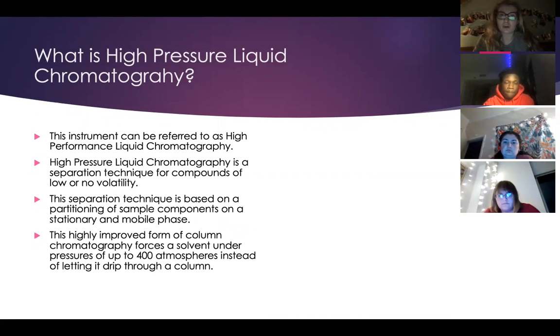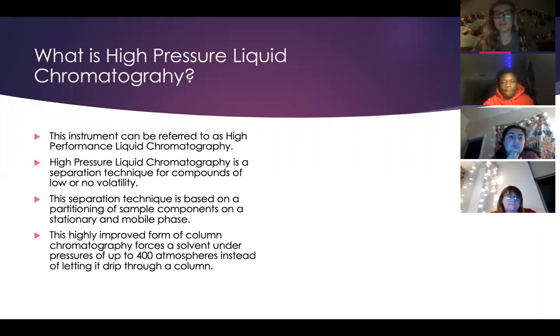High pressure liquid chromatography, also known as high performance liquid chromatography, is a separation technique for compounds of low or no volatility. And so, volatility is just the tendency of a substance to evaporate at normal temperatures. The separation technique is based on the partitioning of sample components on a stationary and mobile phase. The mobile phase is a lot more variable than the stationary phase, as you can change the pH and the polarity